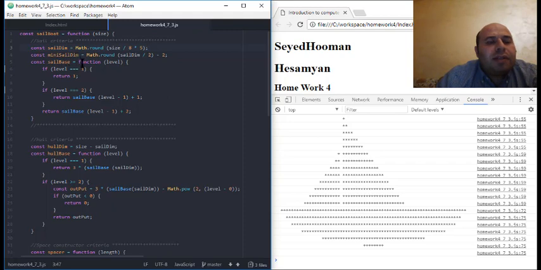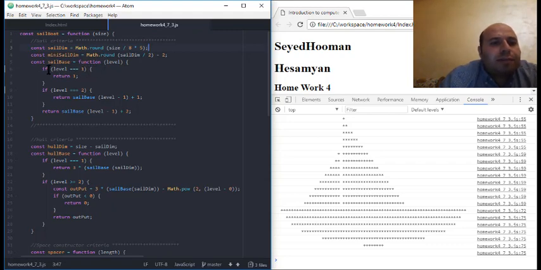And the mini sail dimension, this one, is the main sail divided by 2, which is optional. And in this line 5,